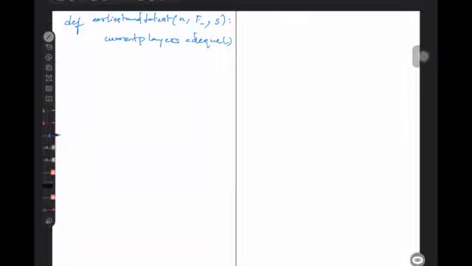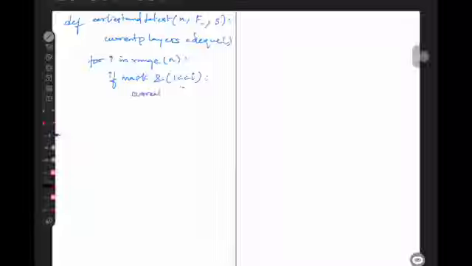That's why we are taking a deque. So for i in range n, for the current players, what you are going to do: if the mask and, to do bit manipulation, you have to do a single and with i, whether this ith bit is set or not. If so, then you can append to current players dot append that current player.